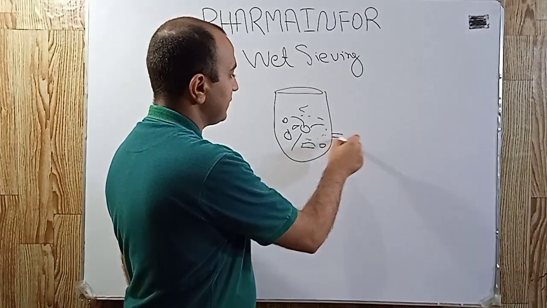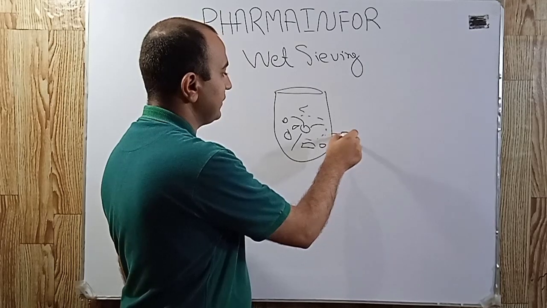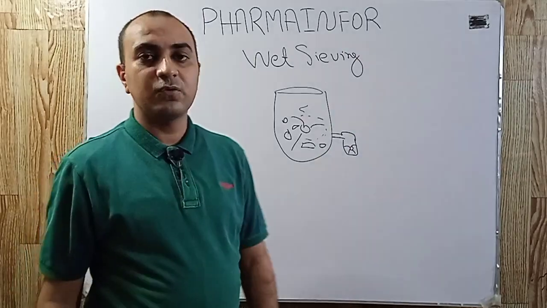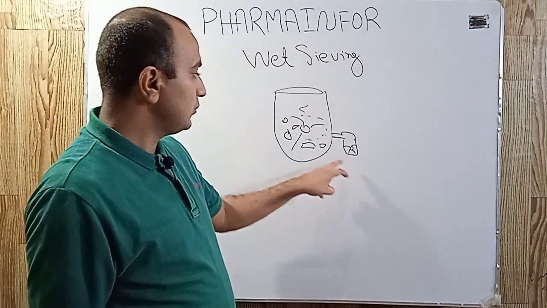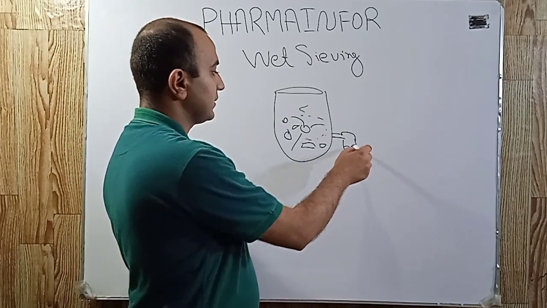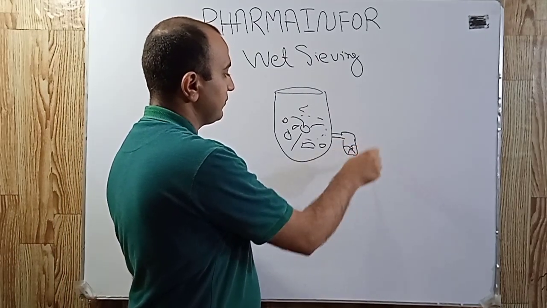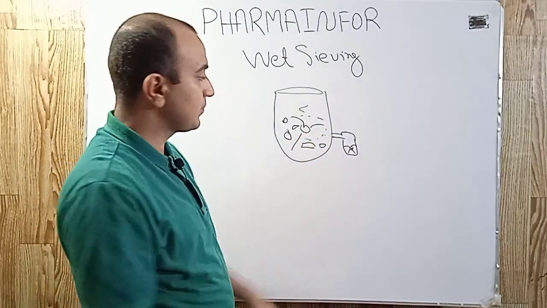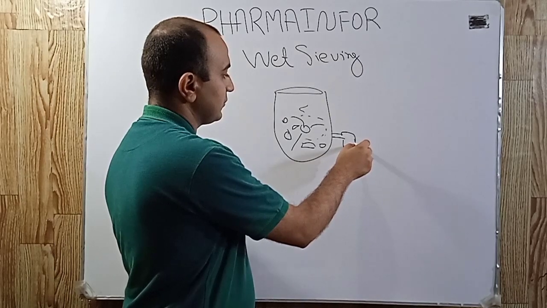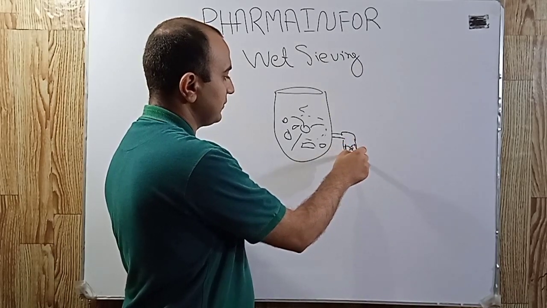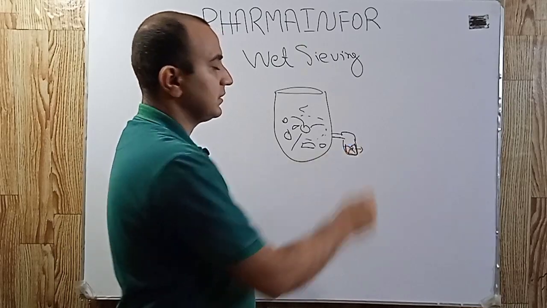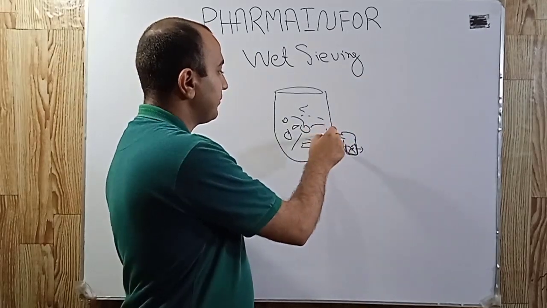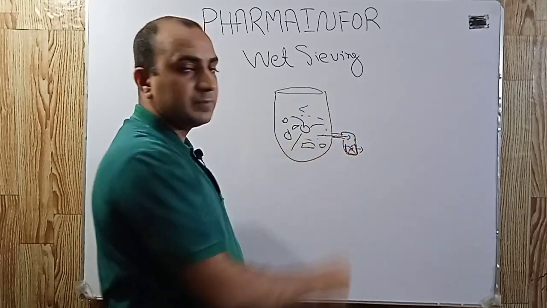So if we are using a rapid mixing granulator, along with the body of the mixing chamber we have installed a wet mill which breaks down large lumps into small size granules. Basically this is a mill which when rotating cuts our large lumps into small size granules depending upon the sieve or mesh which is used in the wet mill. We transfer our wet mass from the mixing chamber to the wet mill.